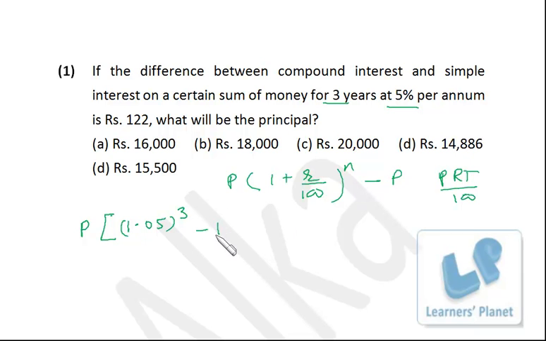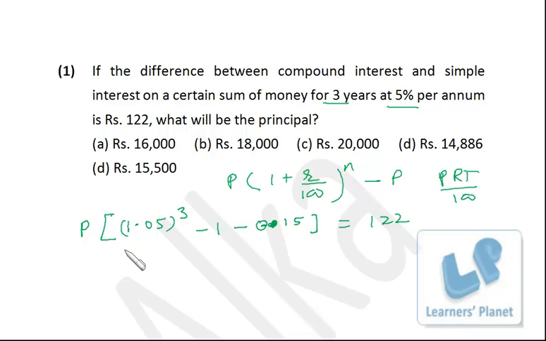So this is the compound interest minus simple interest. Simple interest, P I have already taken common. R is 5 and T is 3, so it is total 15 by 100. So that is 0.15. And this is actually 122. Now there is none of these among the options, so this problem can be simply solved using the digital root technique,